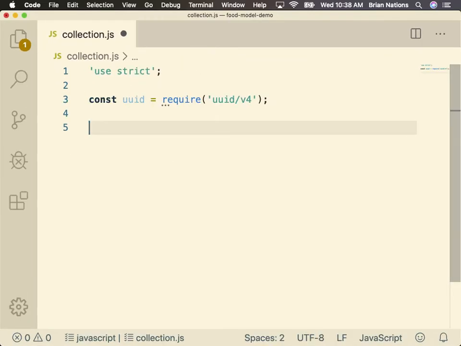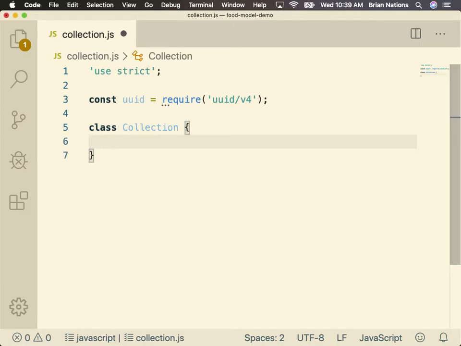Absolutely. I'm going to go there just so we don't get too. Can everybody see that okay? Yeah. Good. Okay. So we'll say class collection. All right. Which means that we're going to create a collection class. That means we can instantiate new collections. Right. And we're going to say constructor